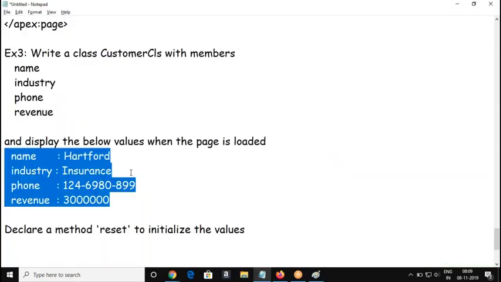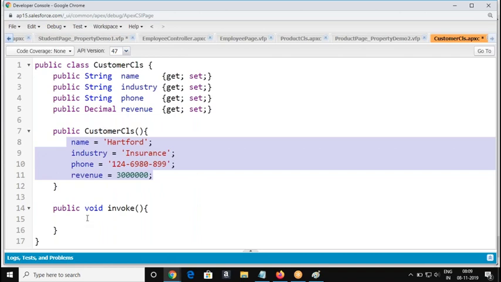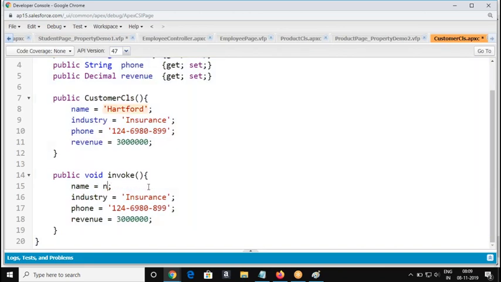What is the next thing I told? We have a reset method, to reset all the values. You can reset in different forms. You can use the null keyword also, right?